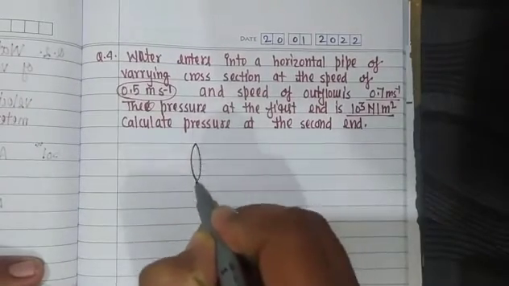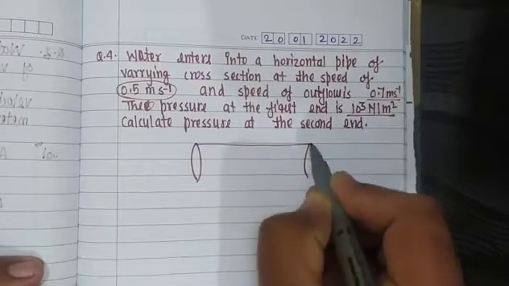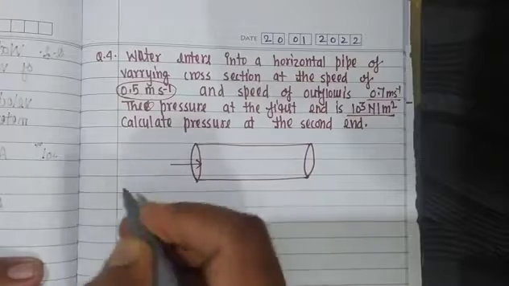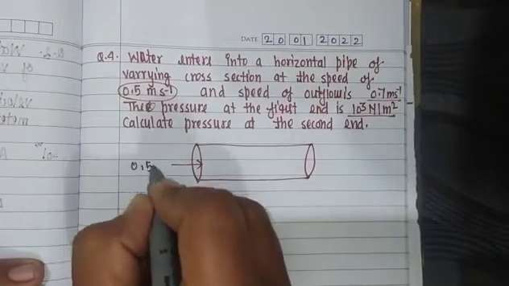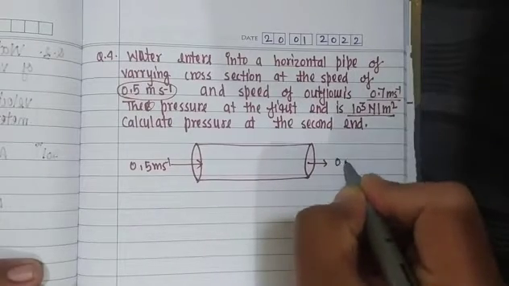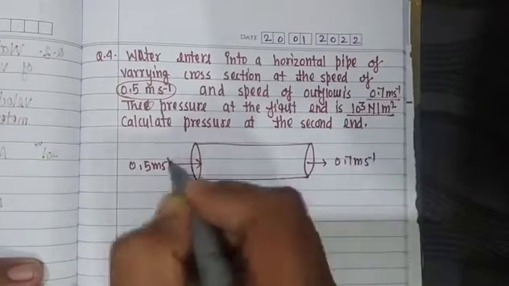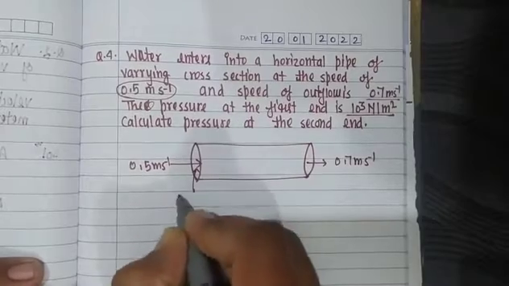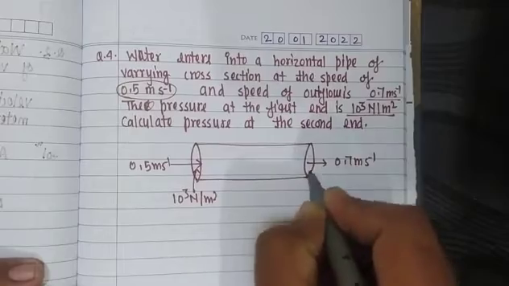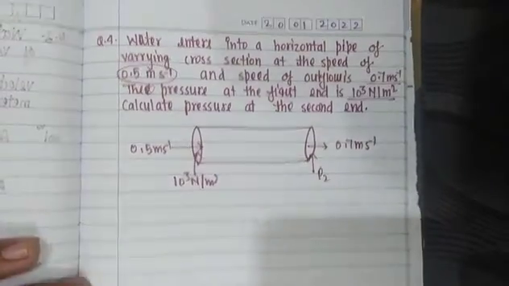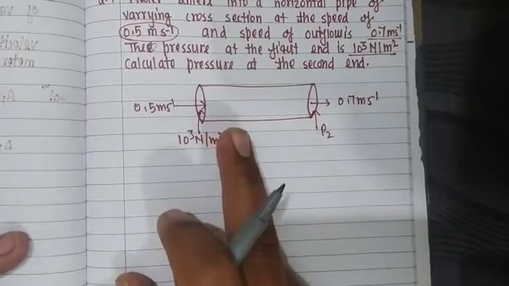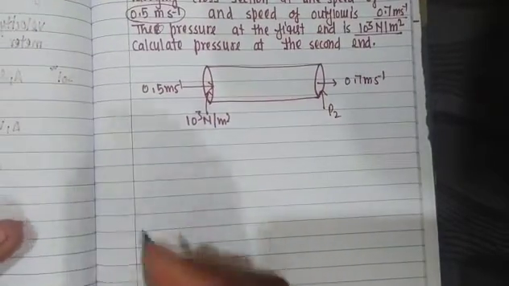So this is the case. This is a horizontal tube. The liquid is getting inside with a speed of 0.5 meter per second, and here the speed of ejection is 0.7 meter per second. If the pressure at this end is 10 raised to the power 3 Newton per meter square, you have to calculate the pressure at this end. So this is the case or question based on the Bernoulli's theorem. So as you know,